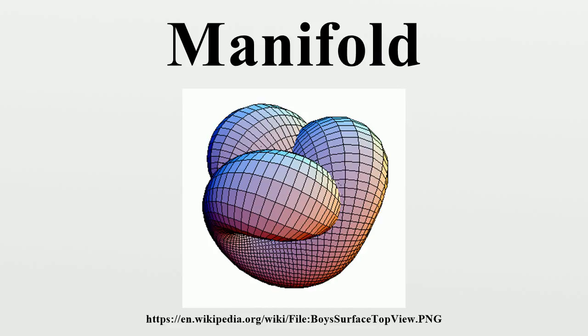Sphere. The sphere is an example of a manifold of dimension 2. The unit sphere of implicit equation x² + y² + z² − 1 = 0 may be covered by an atlas of 6 charts. The plane z = 0 divides the sphere into 2 half-spheres, which may both be mapped on the disk x² + y² < 1 by the projection on the xy plane of coordinates. This provides 2 charts. The 4 other charts are provided by a similar construction with the 2 other coordinate planes.